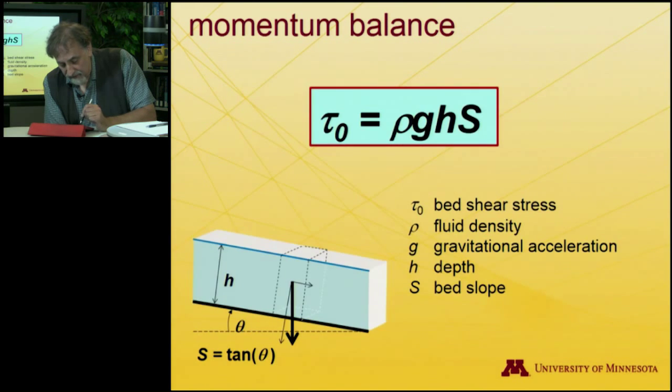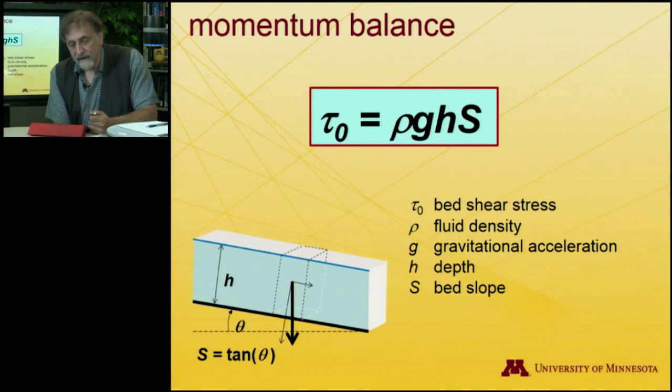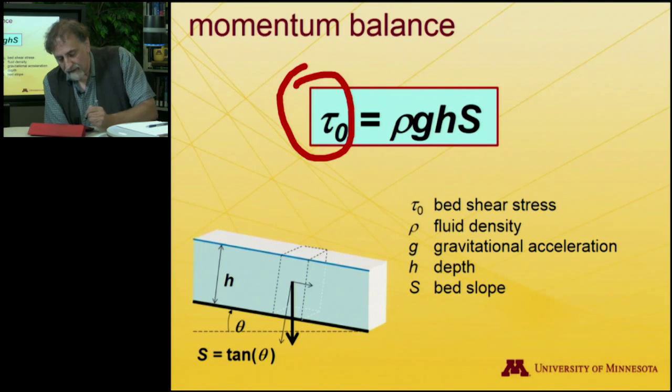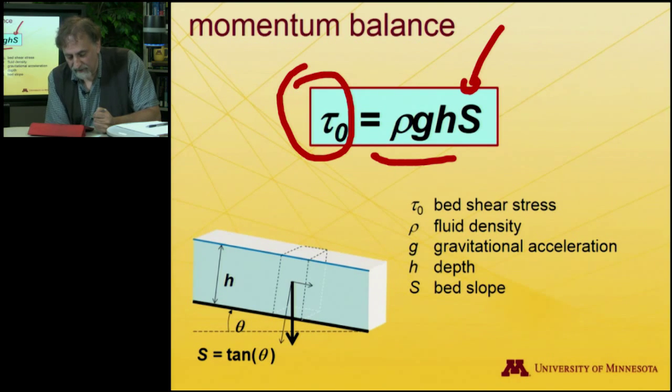So off we go. This gives us an expression for our bed shear stress. The shear stress, which we've written as tau naught up here, is just the weight of material per unit area in our box, rho g h, and then times the slope to give you the downslope component associated with gravity. So simple enough. This is a pretty simple force balance, and again, you're going to get sick of hearing me say this, but I'm going to say it one more time,